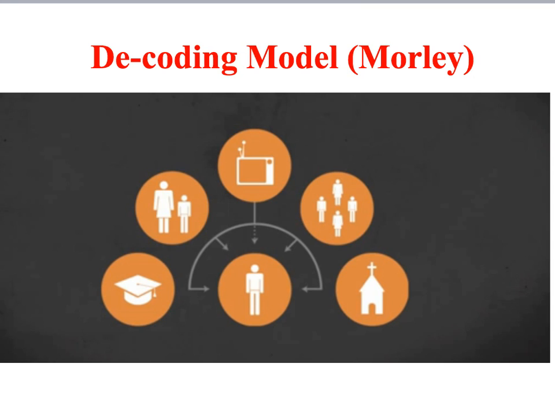Now, as David Morley has argued, the way in which people interpret media texts may be dependent on a range of social and cultural factors. So it might be related to their education, their upbringing within the family, the social groups that they belong to, their religion, their ethnicity, and so on. In other words, to understand how audiences interpret the media, we need to also look at the social and cultural backgrounds of different sections of the audience.